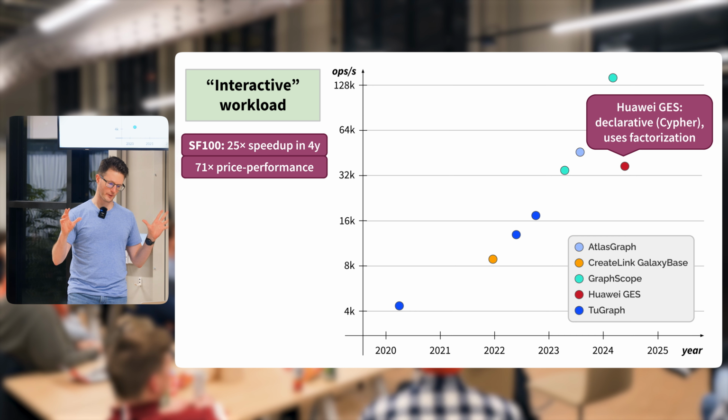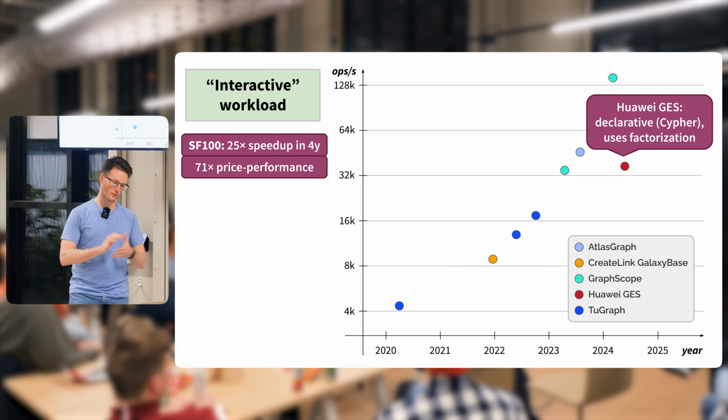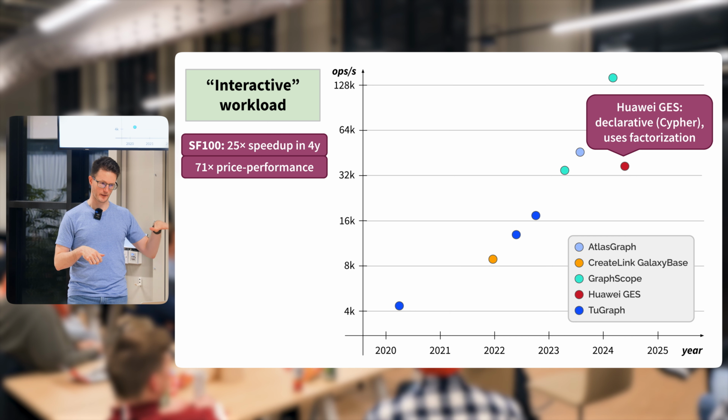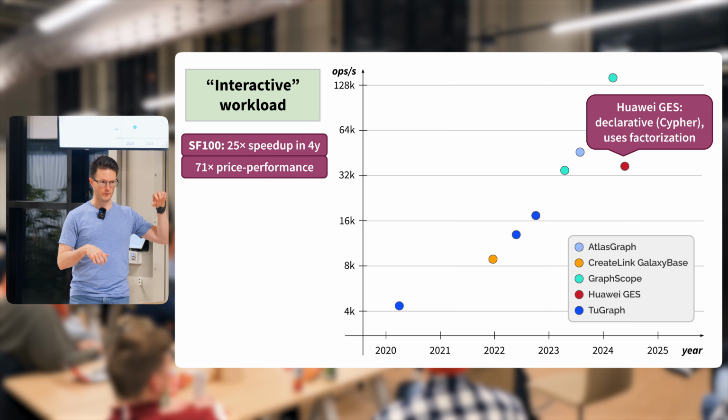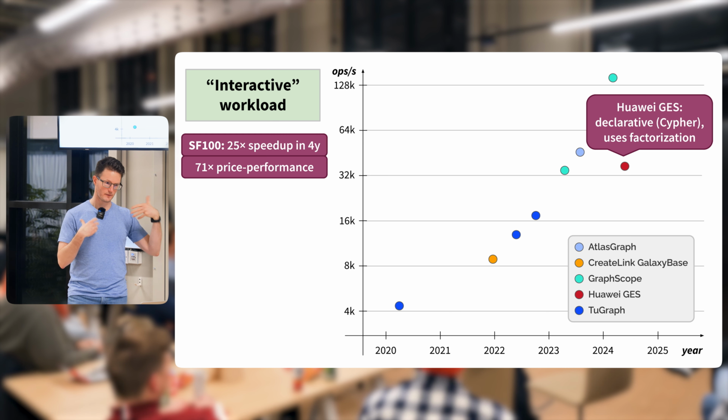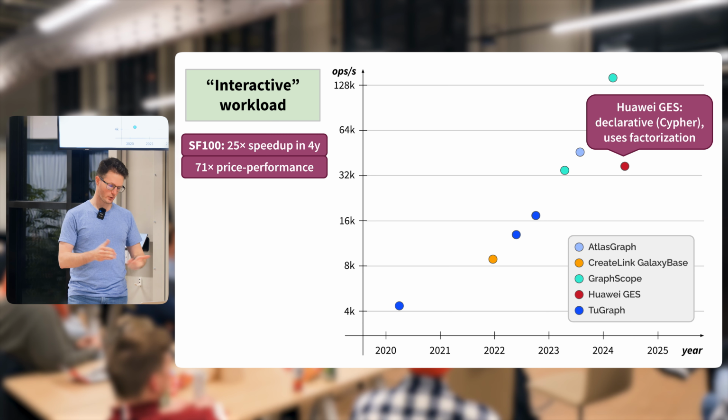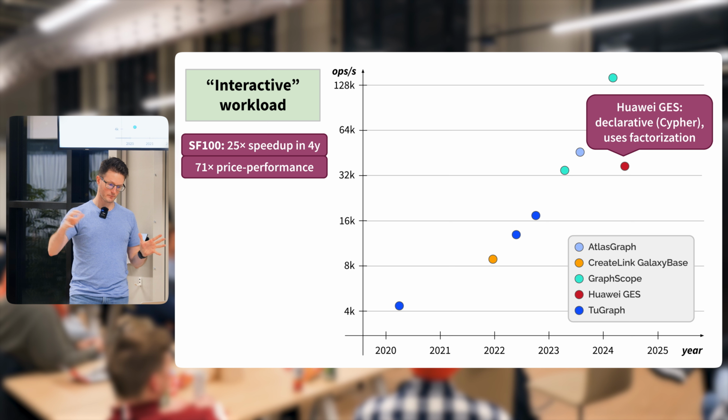If you look at this diagram, which has the time axis on the x-axis for years, and the number of operations on a logarithmic scale, you can see that we have this really nice speedup, basically with the throughput of the systems doubling every year, and the price performance is actually improving even better. What's interesting about this picture is that all 5 vendors depicted are from China. China has a really nice venture capital ecosystem that rewards this competition on performance, and the vendors really work hard to get good results.